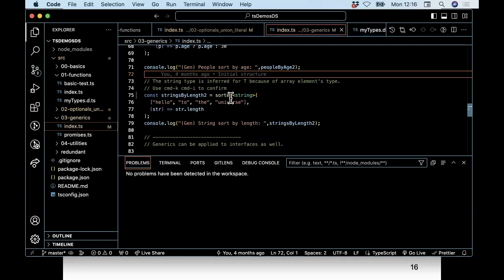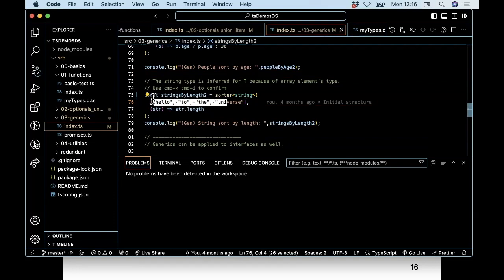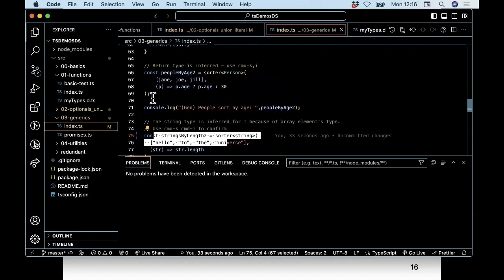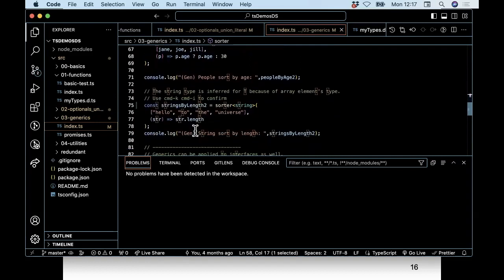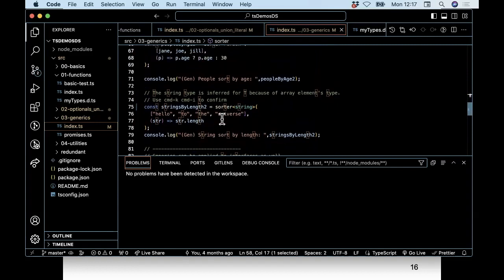And the answer is, well, I could have, and it's all still going to work fine. Look, I don't have any errors down here. I've actually let generics take care of that. How would it work out that T is of type string? Well, it looks at this array here, and it notices this is an array of strings, and based on my definition of the sorter function, whatever this array type is, that's what T gets its type from. So it's an array of strings, so it knows T is equal to the string type. So I let generics essentially take care of that for me. So I can take it out,